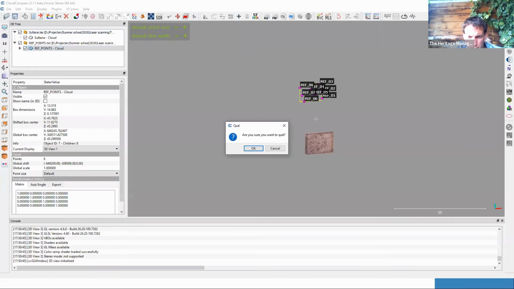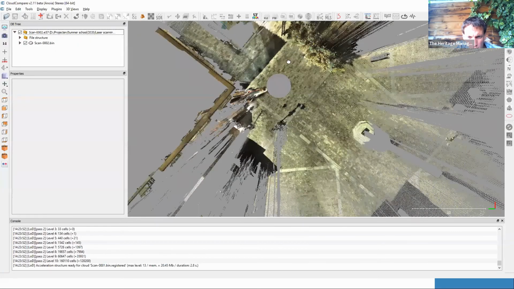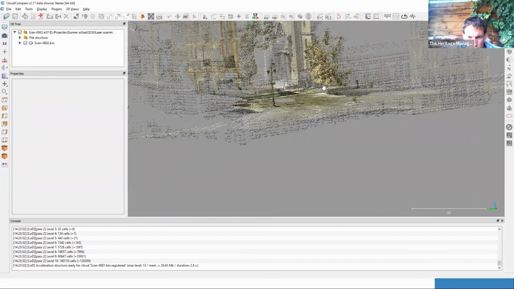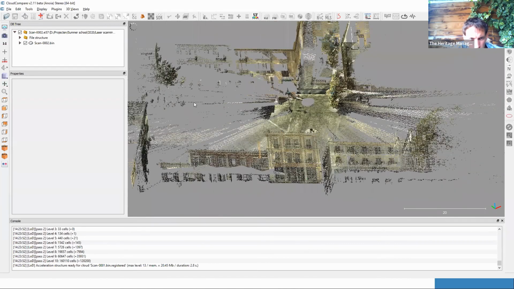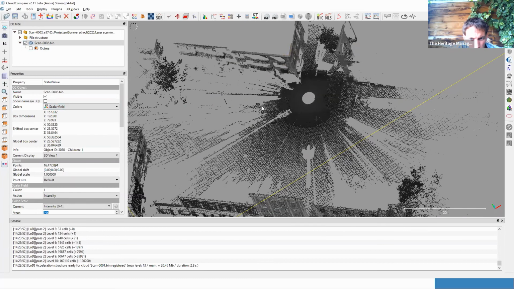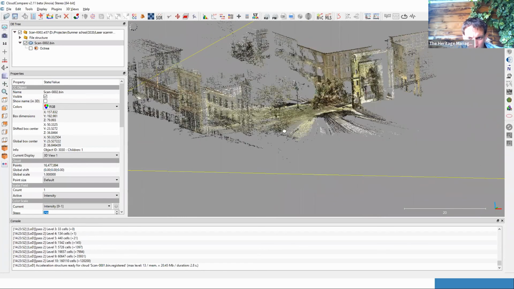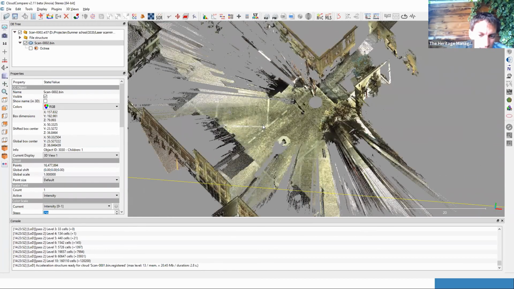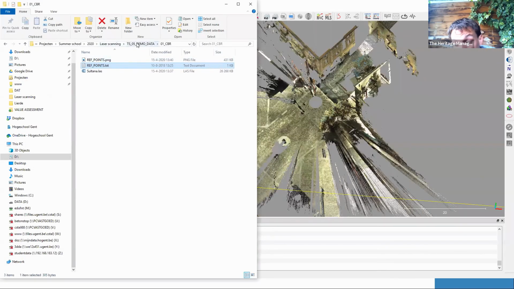I will close this one, and let me go to the first point cloud. I already inserted the first point cloud, and it's also available on the data server. So this is scan 2. If I go to scan 2, normally if you load it, you will see something like this. This is the colored point cloud. So this is C10 data of NAVPRIO from 2017, acquired within the framework of this workshop, the summer school. And if I take the second point cloud,